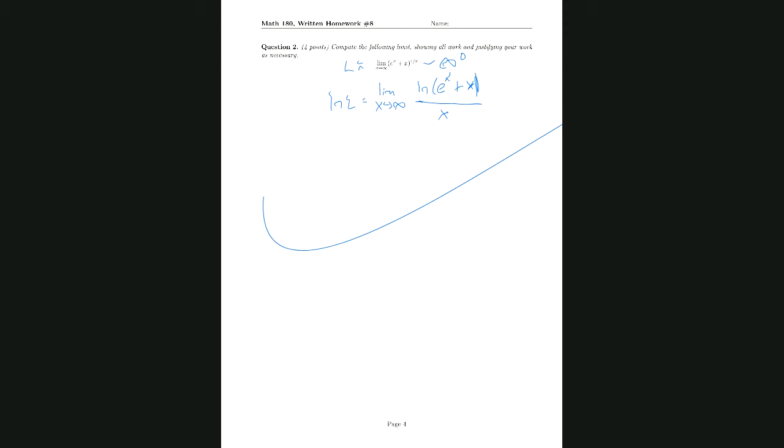So did you get to something like this, Sam? All right, so then when you take the derivative, this goes to infinity over infinity. So when you take the derivative, the top will be